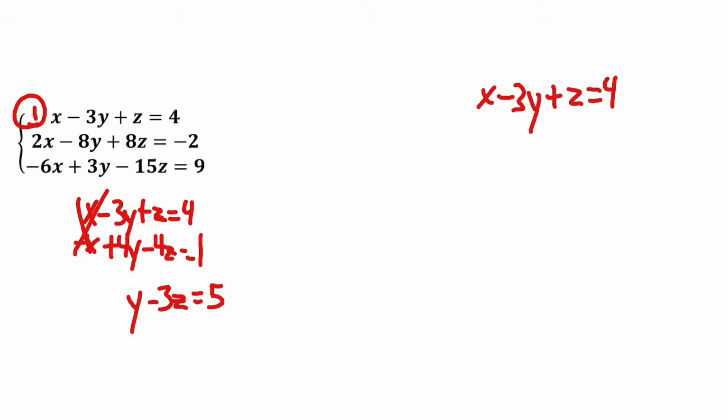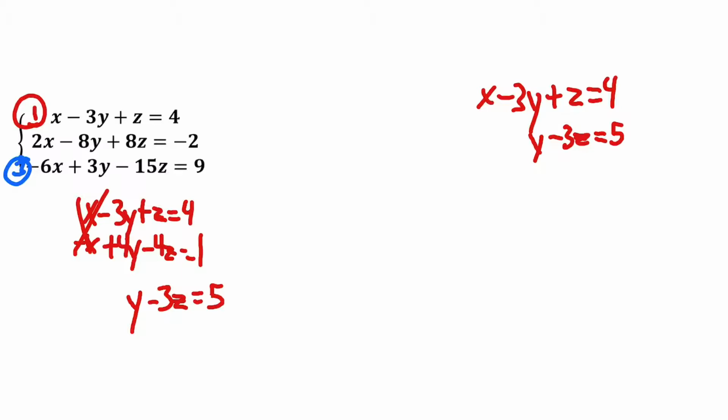Hey, look, we have another great equation to write over here. Y minus 3z equals 5. I'm choosing this equation because it has a nice, simple leading coefficient of 1 once again. Now that I have that, I'm also going to need to combine 1 with number 3. Now I don't have to use 1 and 3, but it just seems to me like it kind of makes